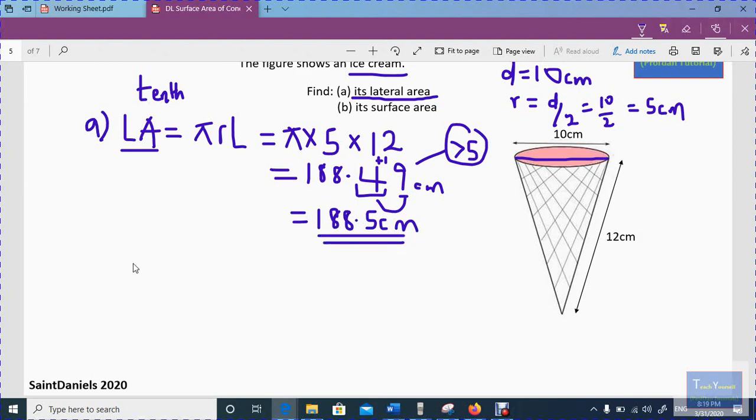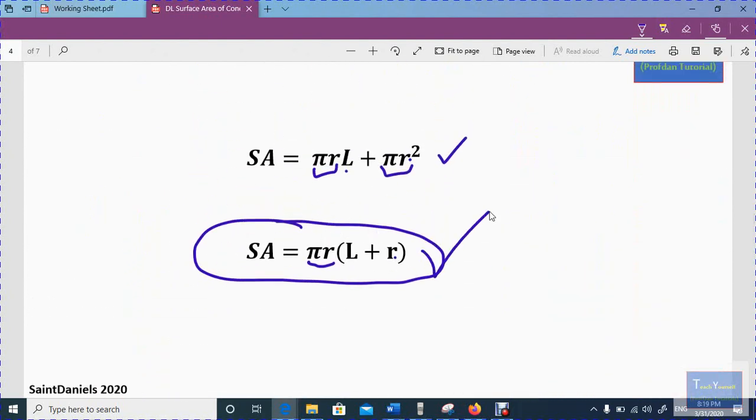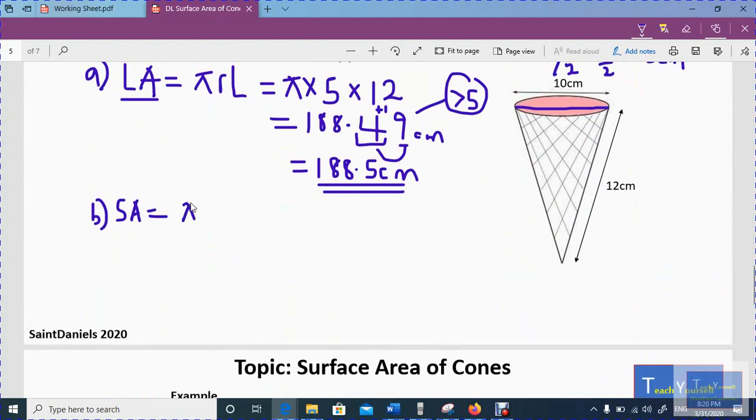How do you find its surface area? Simply, we have the surface area of the cone, which we've already established in the formula. All you need to know, you remember the formula, okay? So that is pi r into L plus r, the radius. And by substituting, you have pi times the radius 5 into the slant length, which is given as 12,